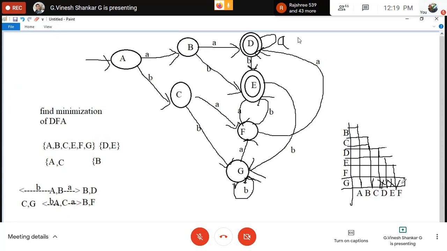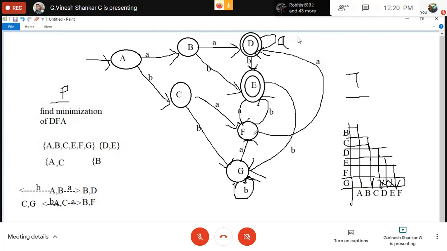F comma G you can't put, because like that you have to check everywhere. You have to put and you can follow. This is the partition method. This P method means partition method. This is the T method, that is tabulation method. Your wish, any method you can follow, and you should minimize the DFA and get the answer. Fine. Is it clear how to draw the table, how to develop the tabulation method?